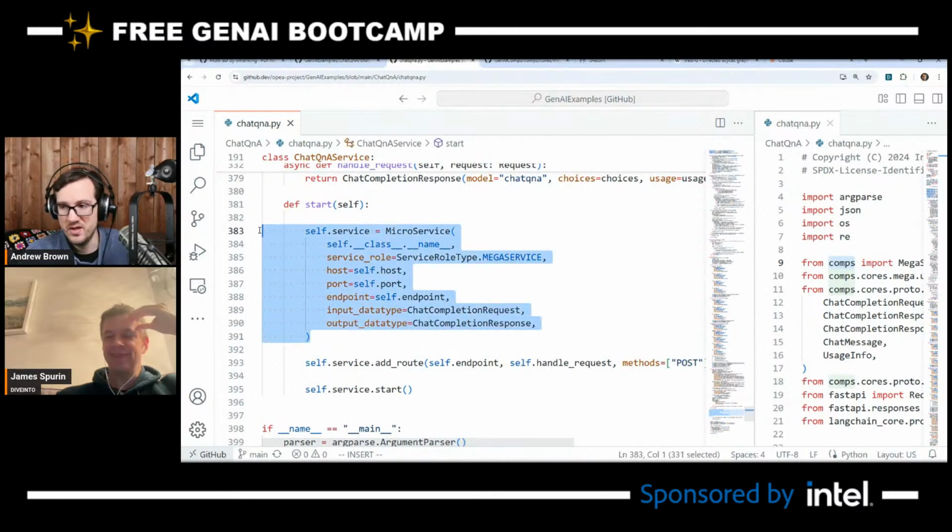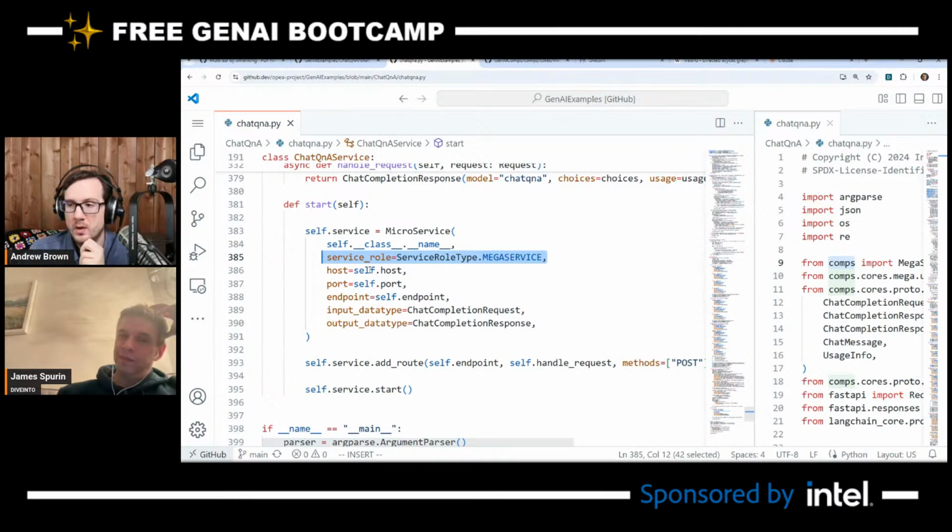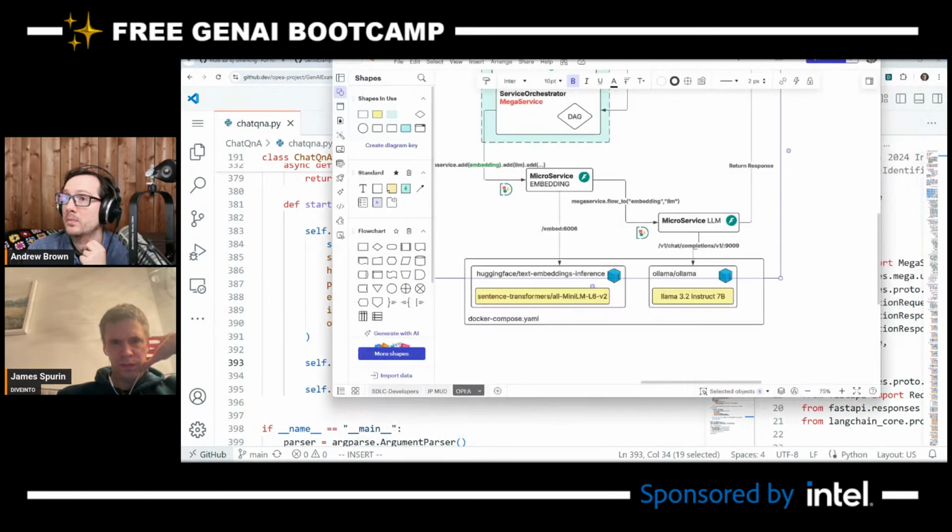Now it adds another microservice as a type megaservice. Why they made it also a microservice is beyond me. I think as a distinction, they could have called it megaservice, or they could have called it something else to make it less confusing. But it serves the same purpose as everything else. But in here, we define a microservice that's a megaservice, and we then add a route to the service and handle requests. So if we go back to our diagram here,